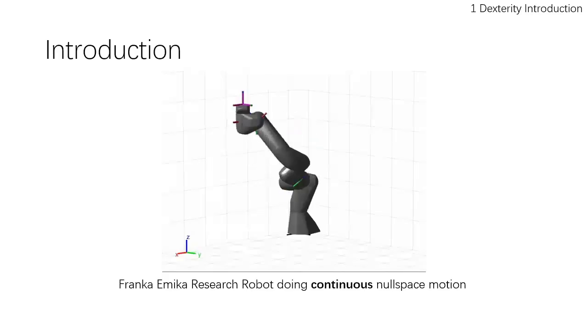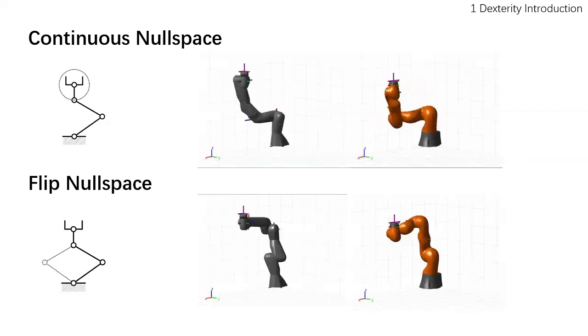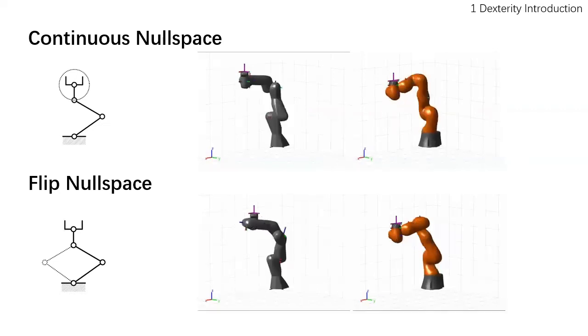It is a common misconception that all joint configurations for the same pose can be achieved through continuous nullspace motion. Take a 3-link robot as an example. Indeed, you can continuously move in this nullspace, but reaching this configuration must involve a reconfiguration of the end-effector pose. Hence, for a robot to achieve a certain pose, we can divide between continuous nullspace and flipped